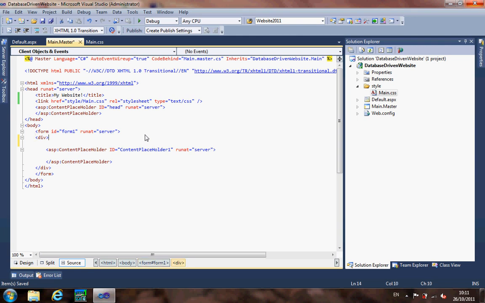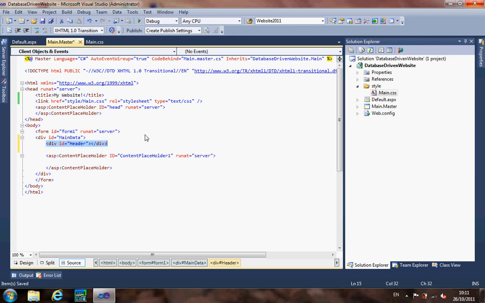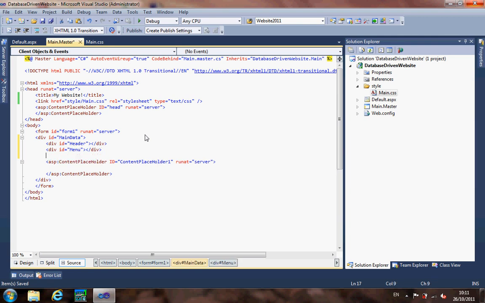Well, I'm going to first take this div tag that's after form 1 and give it the tag main data. You can call it anything you like, but I'm going to call mine main data. And then I'm going to have a standard layout, which means I'm going to have a header, a menu, content. Now for the content, I'm going to take this closing div tag and move it beneath the content placeholder,